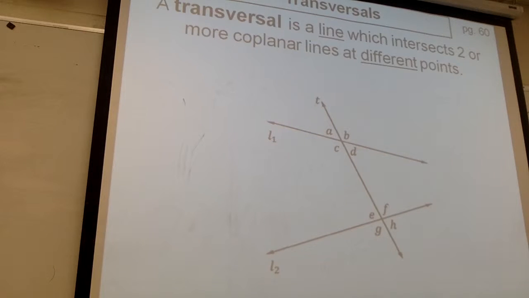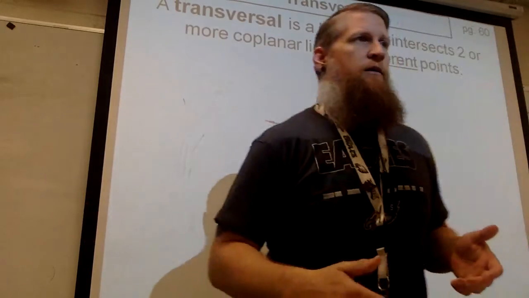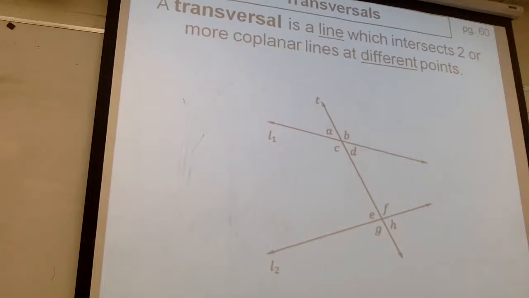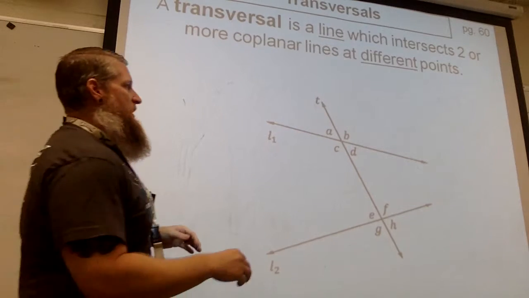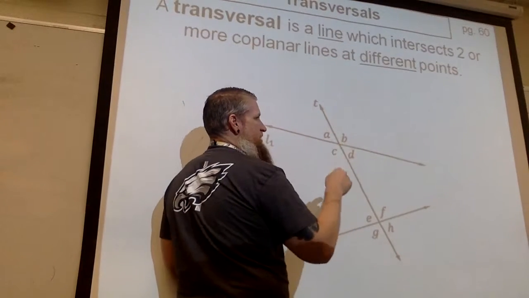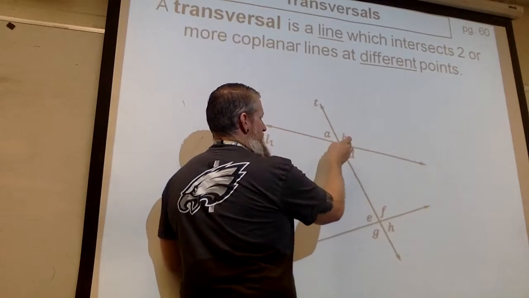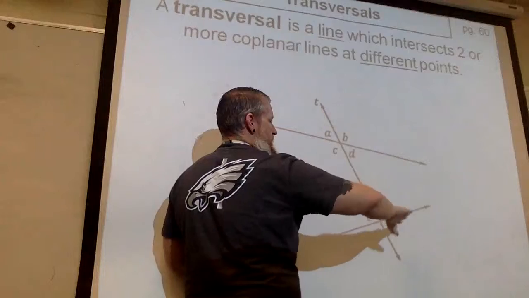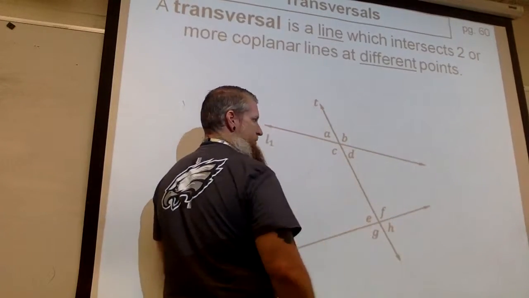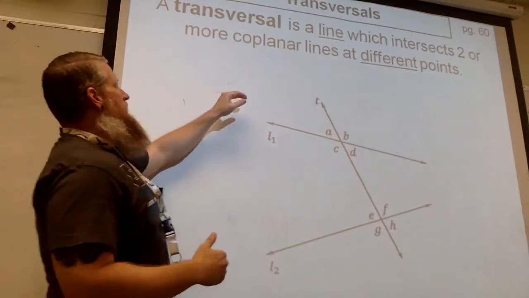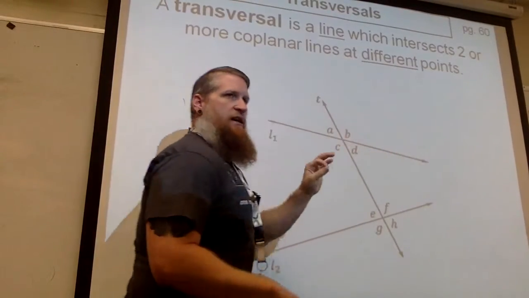All right, so I'm assuming they have a definition in there. I'll have mine up there as well. So a transversal is simply a line. It's just a line that fits a given condition, which in this case is that two lines intersect it at two different points. So the two different points is key here,